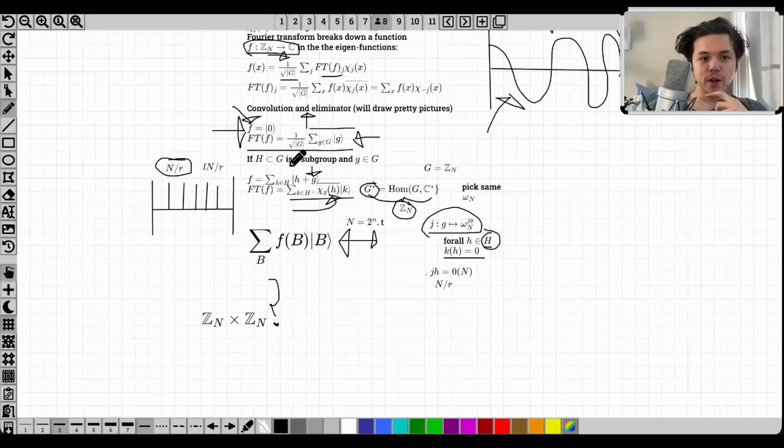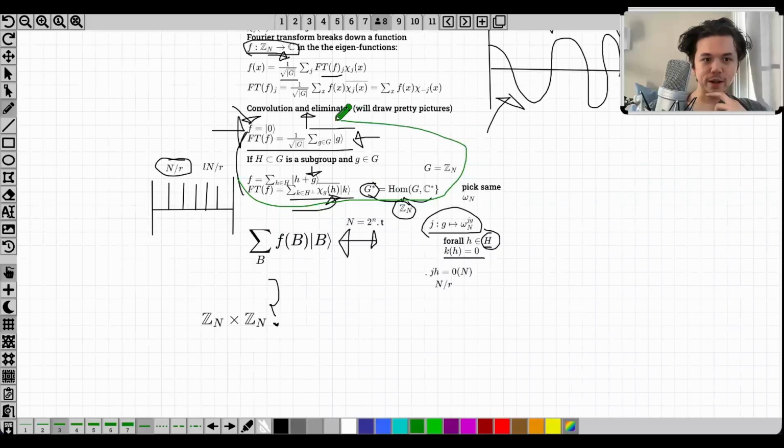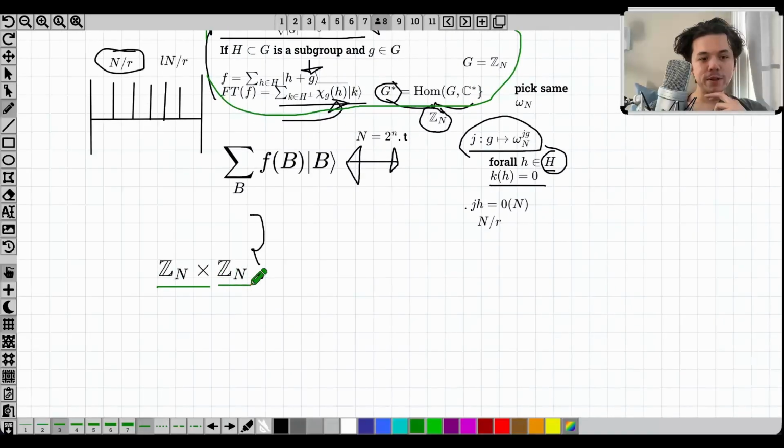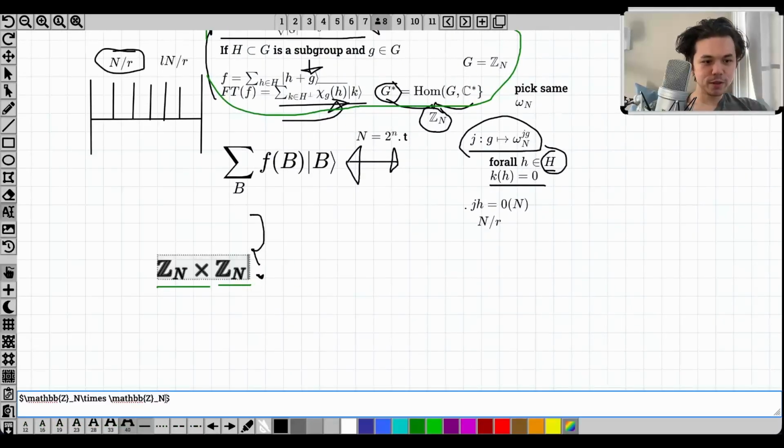Well, all these formulas all work. So everything I said here will work for a general abelian group. And basically the Fourier transform, if I represent an element, let's even make this more general. Zn times Zn is the group for discrete log, so I thought maybe that's a good example. Well, if I'm doing all of this, and I represent my elements basically like this,